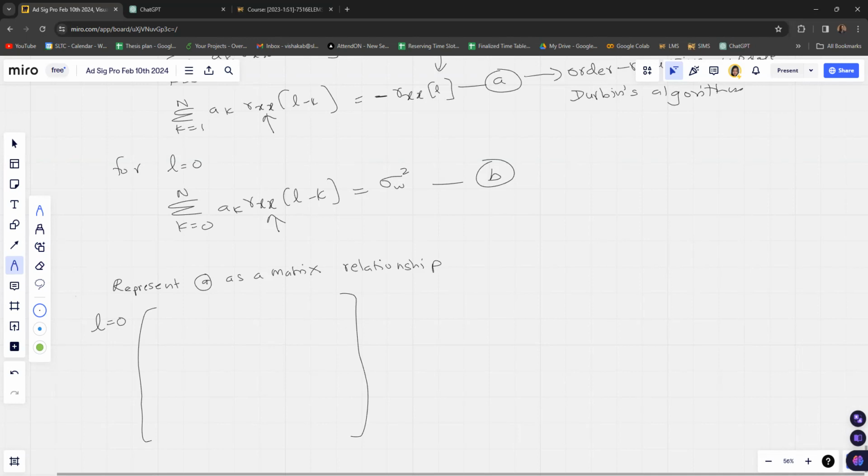For L equals 0, we can consider this equation. For L equals 0 in A, we can write, sorry, L equals 1. L equals 1, we are considering the A equation. For L equals 1,